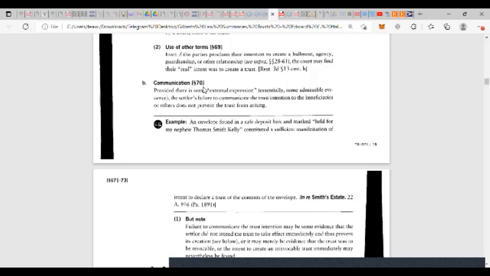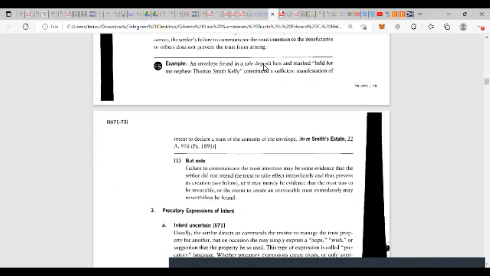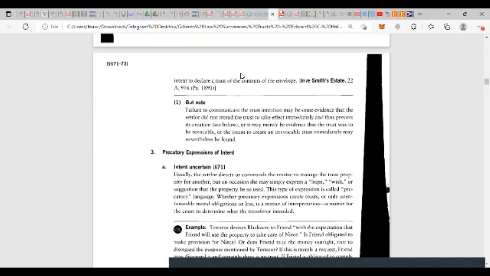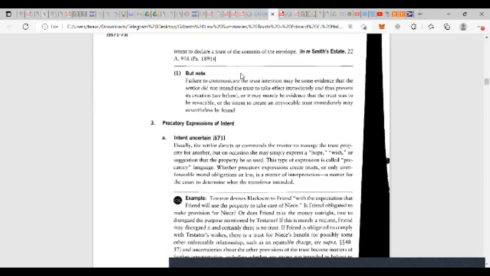B. Communication, Section 70. Provided there is some external expression, essentially some admissible evidence, the settlor's failure to communicate the trust intention to the beneficiaries or others does not prevent the trust from arising. Example: an envelope found in a safe deposit box and marked "held for my nephew, Thomas Smith Kelly" constituted a sufficient manifestation of intent to declare a trust of the contents of the envelope. In re Smith Estate,